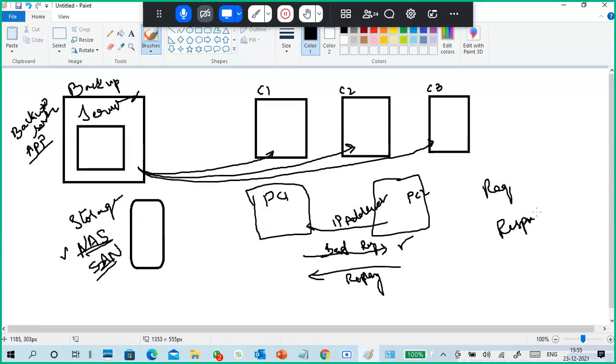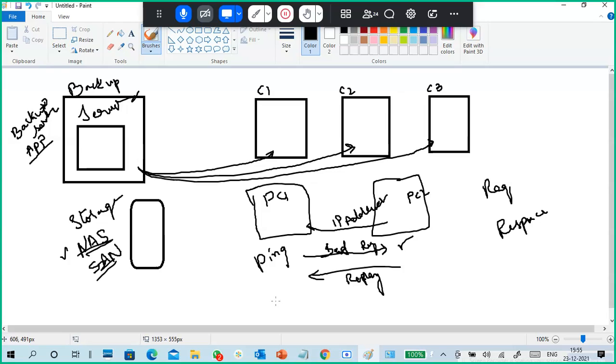PC1 sends a request, PC2 sends a response, like a ping. I send a ping request and I get a ping response. Actually, that is called Pong.